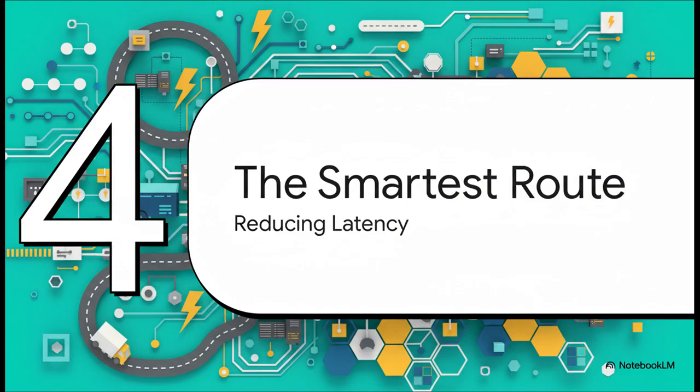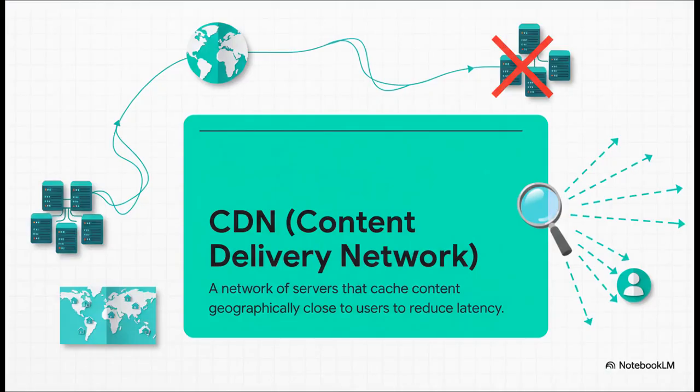And one of its best tricks is to not even send the package from far away in the first place. And one of the most brilliant pieces of this smart infrastructure is the CDN, or Content Delivery Network. Just picture a network of local warehouses or fulfillment centers. Instead of shipping a website's images all the way from a single server across the world, a CDN stores copies on servers that are physically close to you. This cuts down the travel time, what we call latency, so dramatically that the website feels like it loads almost